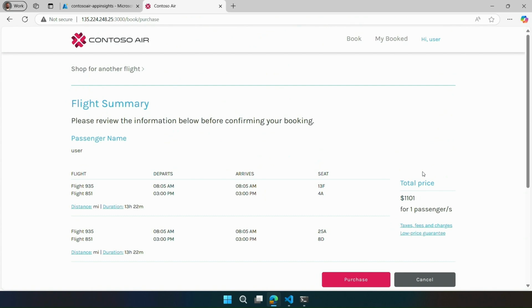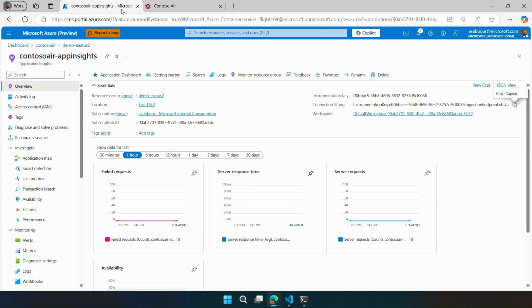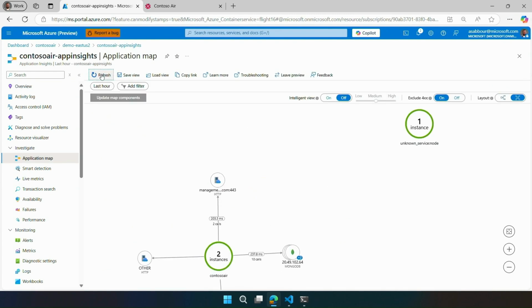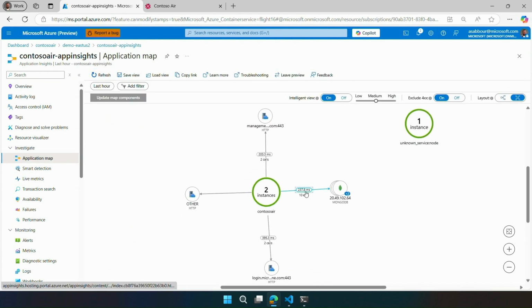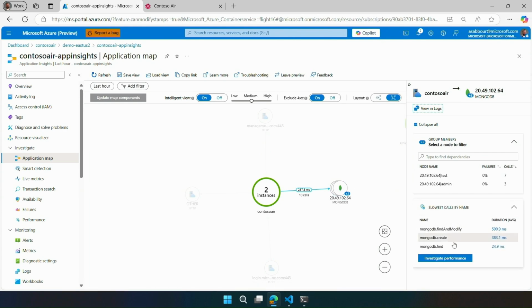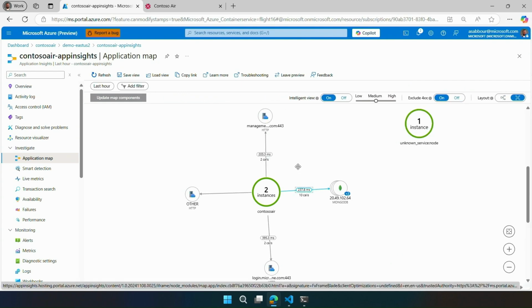let's go next. Those are decent prices, I assume. And once we purchase, we can now go back into our portal, navigate into Application Insights, and into our application map. And from there, you're going to see a big picture of what your application looks like, where it's connecting to all the different endpoints, and see the kind of traces that you typically expect, with the different time it takes for all the calls, what's the longest call that is made. And you can even leverage those insights to investigate performance issues, improve your performance, check where the connections are going, how many calls are being made, and much, much more.